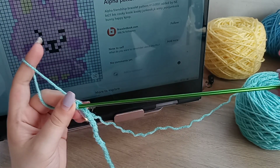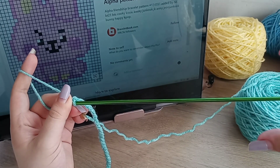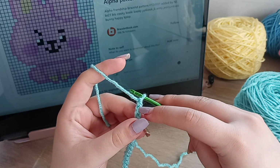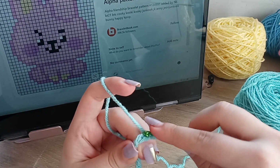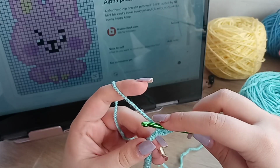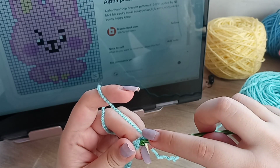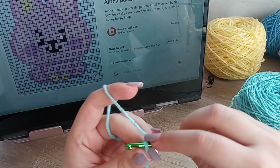The reason is because the Tunisian simple stitch requires you to have all of your stitches in your hook at the same time. A little like knitting, but just a little bit different. So like I said before, we're going to skip that very first bump and go straight to the second bump. We insert our hook, we yarn over, and we are supposed to keep our stitches in our hook. Again, we insert our hook, yarn over, and keep our stitches within our hook. We're going to do this all the way down our row, and I'll meet you back when we